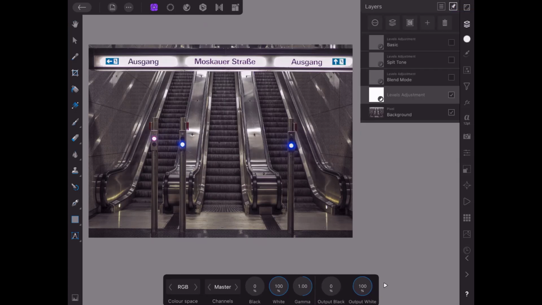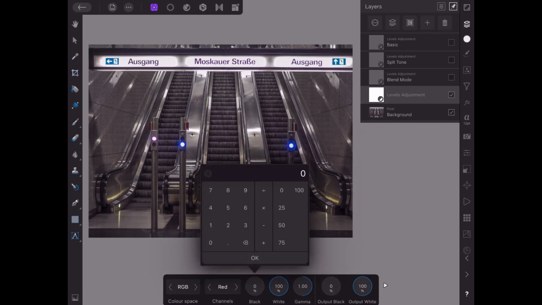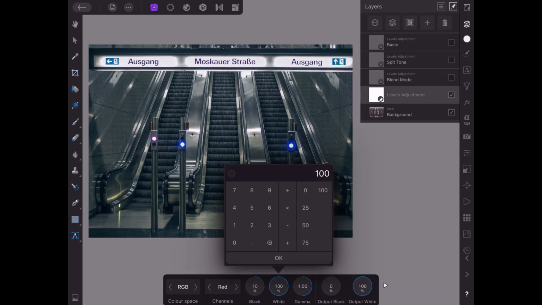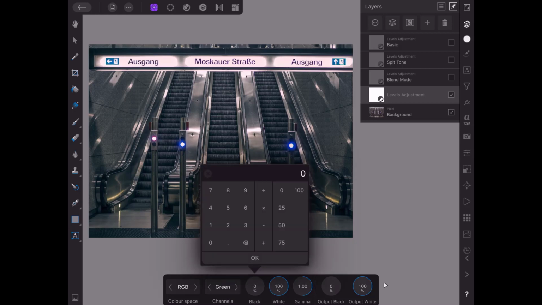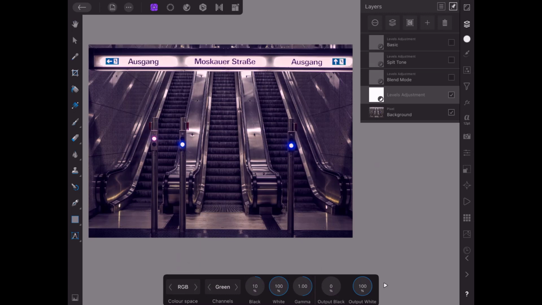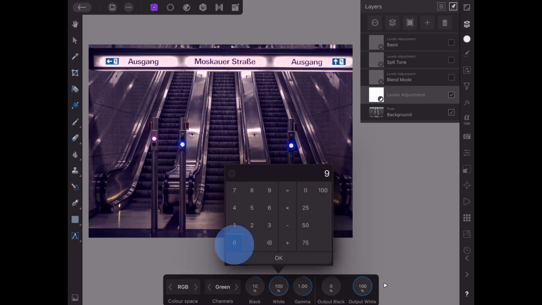and this is the last of the four, and this is going for a retro cross processing type of image. So the first thing I want to do is we're going to edit the red channel first, and much like before, I'm going to make black 10. I'm going to make white 90. And then we're going to change the green channel, and like before, I'm going to make the black 10, the white 90,